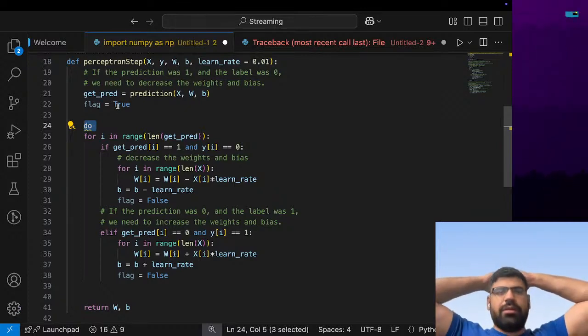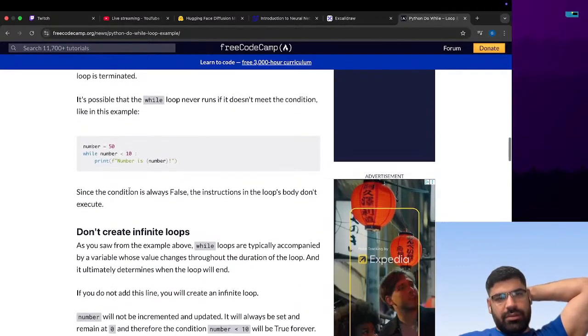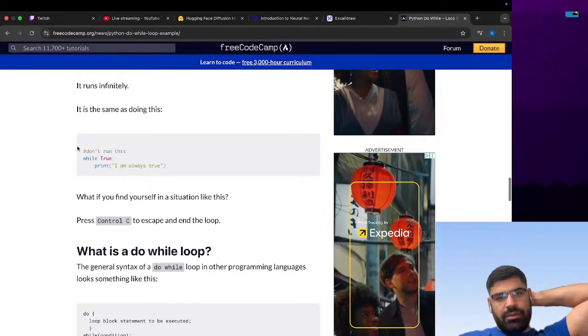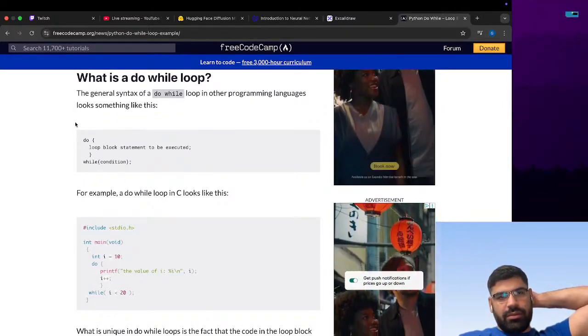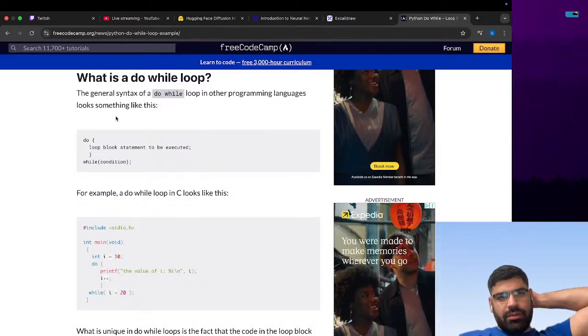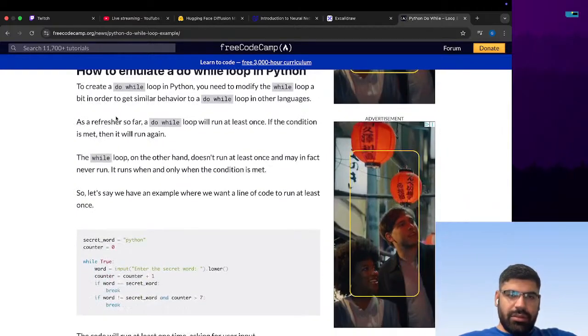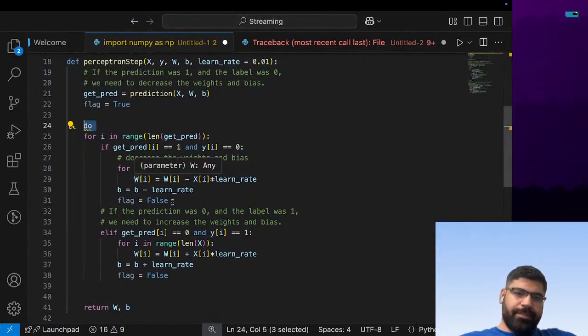Think about it. There's no do while in Python, but what can I do with do while? This while, and see. Okay,